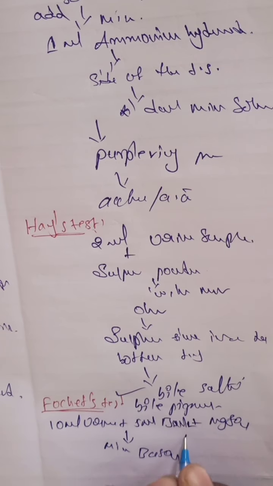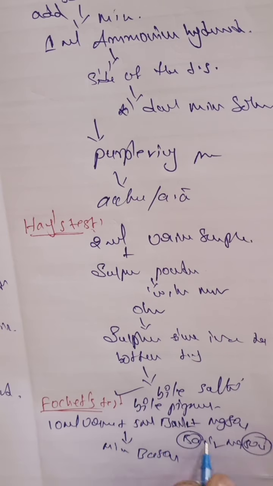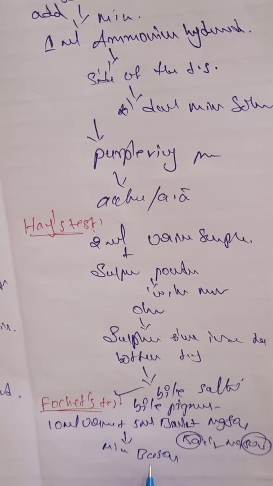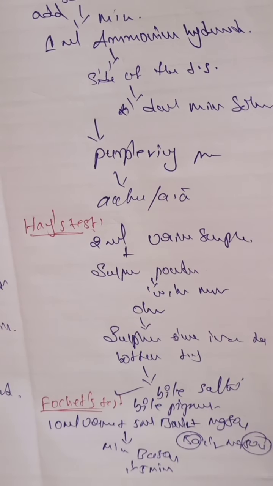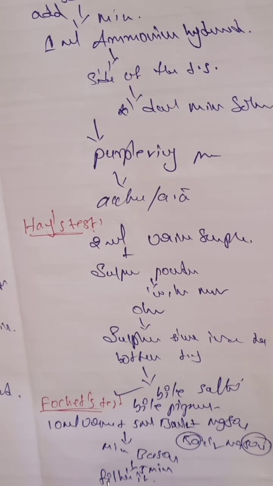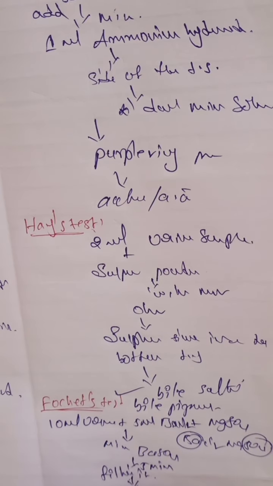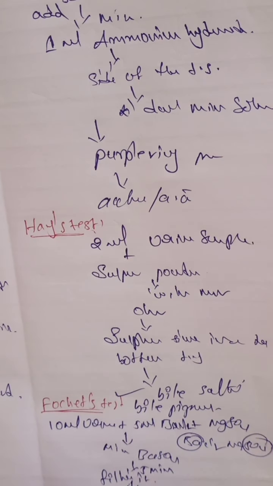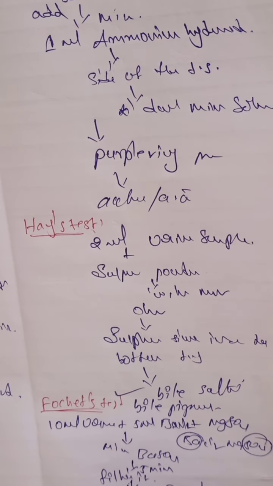Here barium chloride is BaCl2 and here MgSO4. The sulfate and barium combine to form barium sulfate, BaSO4, which forms after 5 minutes. Filter the solution, unfold the filter paper, and add a few drops of Fouchet's reagent on the precipitate.